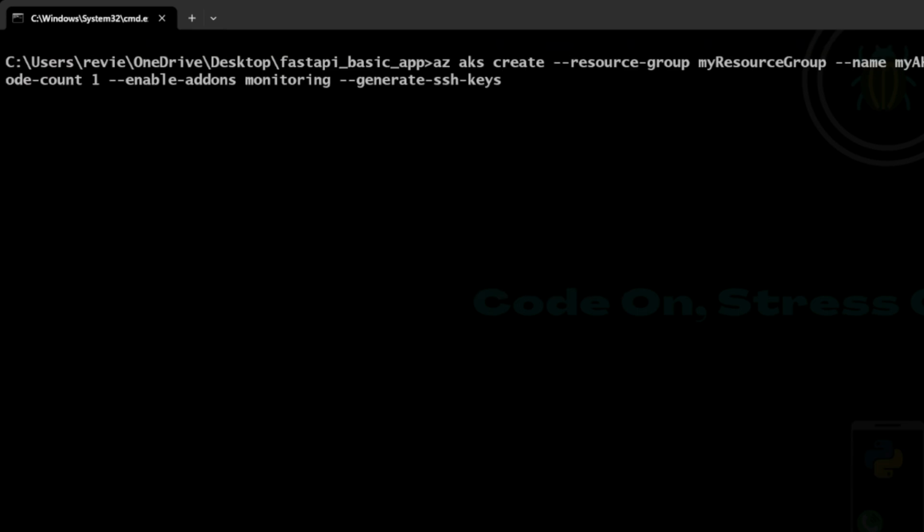This is my command, and I just need to replace some values here. You can just change your cluster name. So I am giving it, let's say, parts API AKS. That's my cluster name, and my resource group name is new RG or RG.